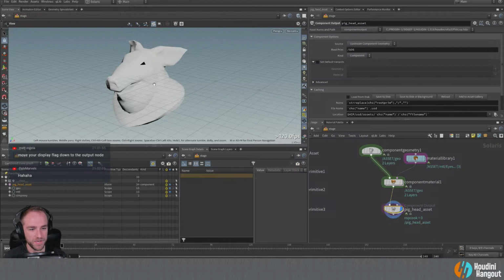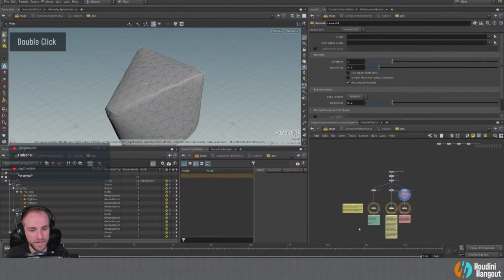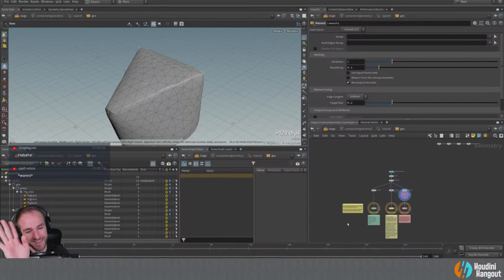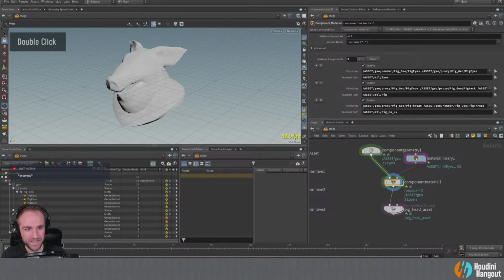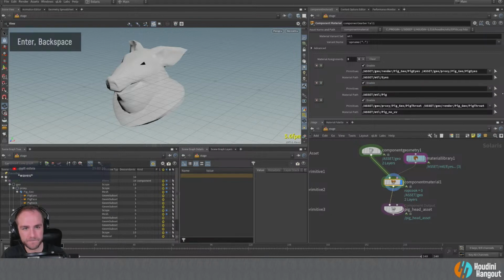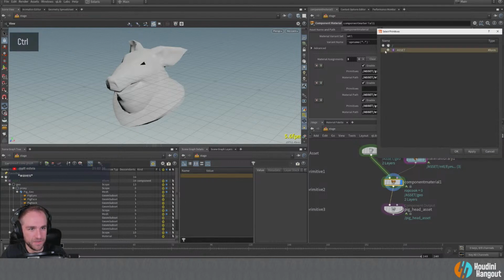Move your display flag down to the output node. Hi. Yeah, I don't think that's actually the issue. For some reason it's not. Not sure about that. Not sure why that's not working. I mean, it's not the end of the world. I'm not really overly worried about it.